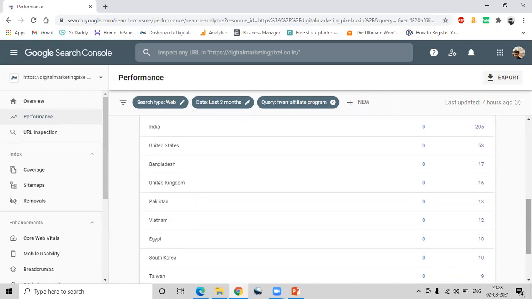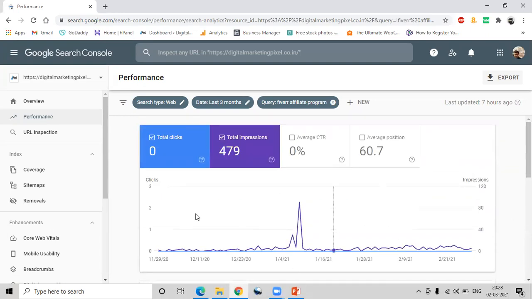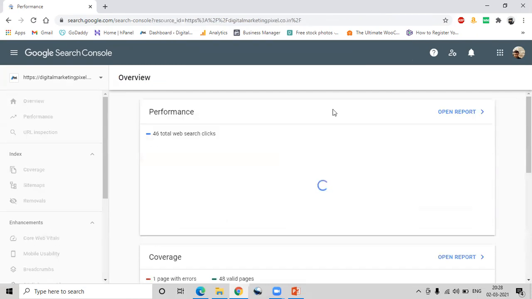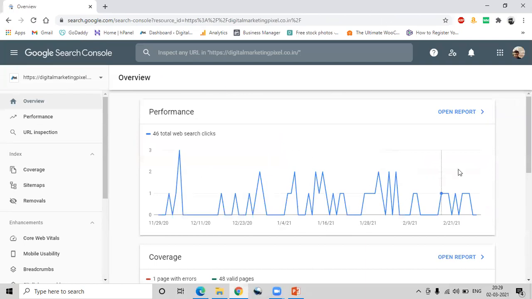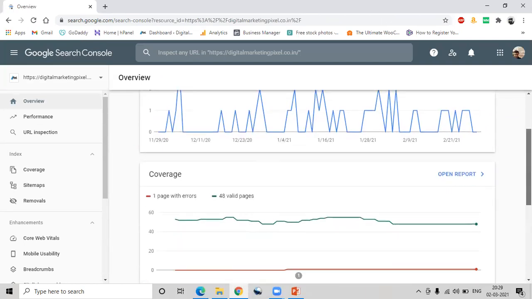I got many impressions in India and some in the United States, Bangladesh, UK, Pakistan, Vietnam, Egypt, South Korea, Taiwan. It shows all the countries where my keywords were searched and my website came up in the results.